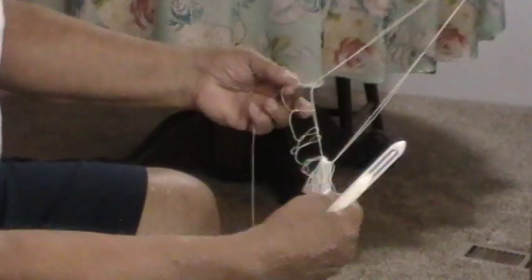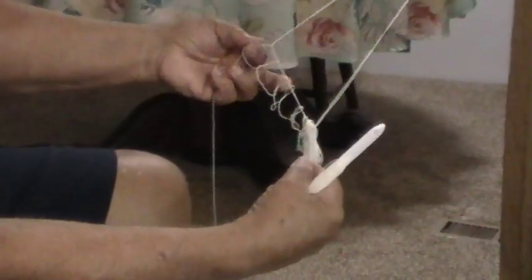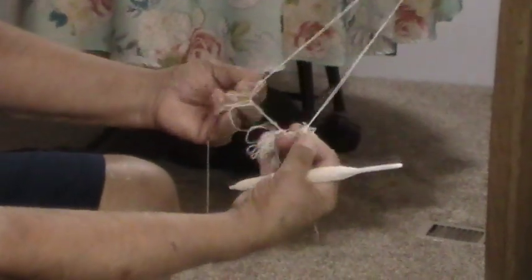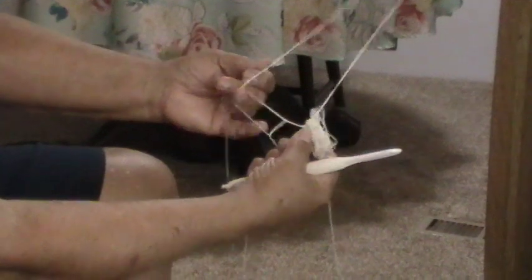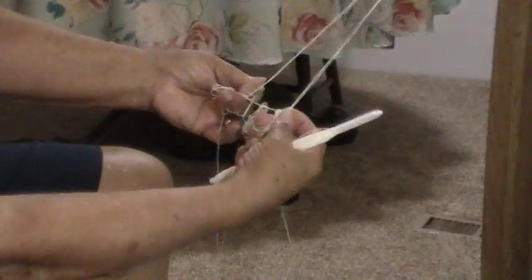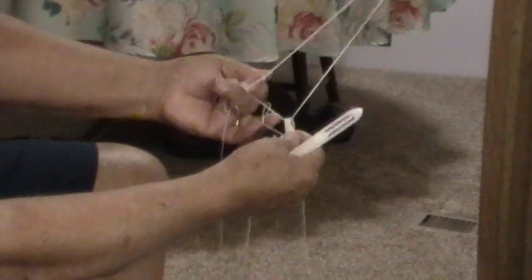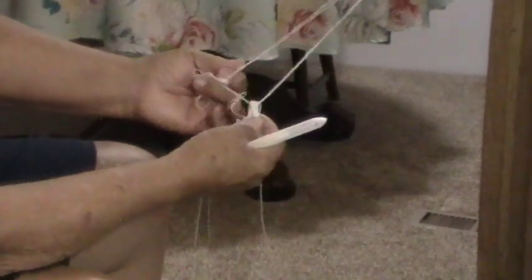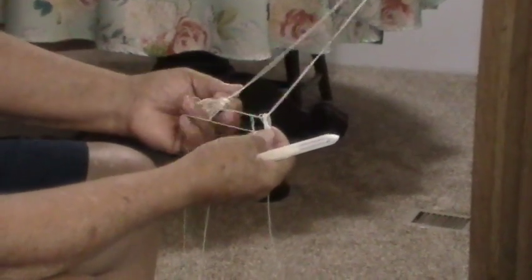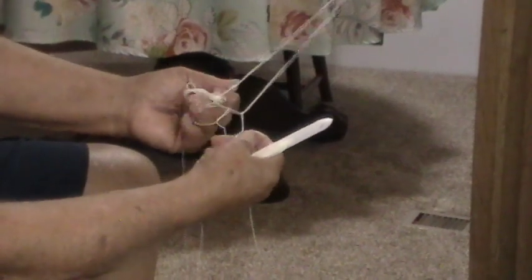Okay, so I'm going to count these. See how I start these things. I showed you this before, but I'm going to show you again. 1, 2, 3, 4, 5, 6, 7, 8, 9, 10, 11, 12, 13, 14, 15, 16, 17, 18, 19, 20, 21, 22, 23, 24, 25, 26, 27, 28, 29, 30, 31, 32, 33, 34, 35, 36, 37,